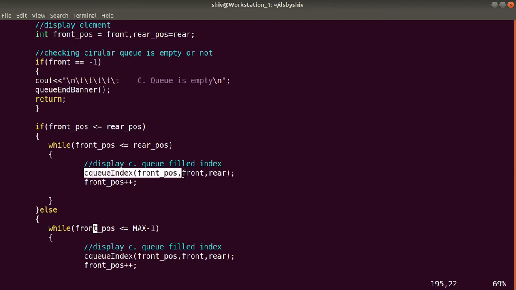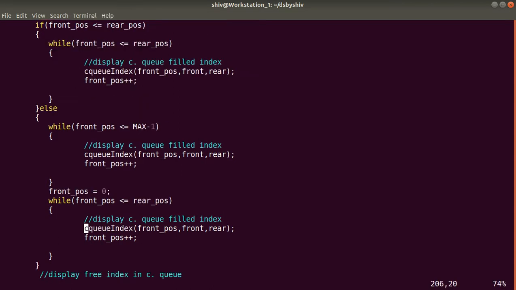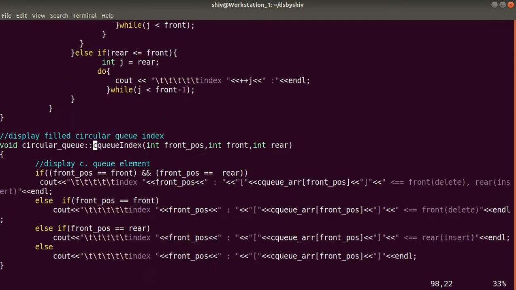So control will go again to this CQIndex. Let me show you. So this is our CQIndex. We are passing three values in this method: front pos, front and rear. Accordingly we check some conditions.